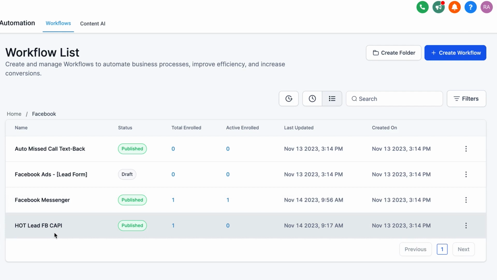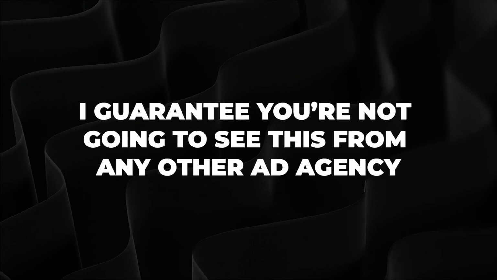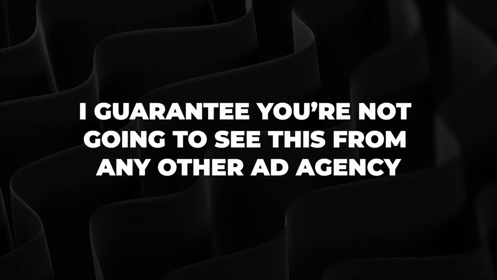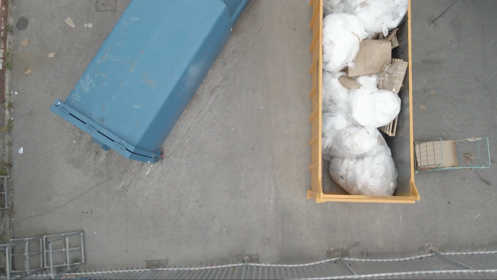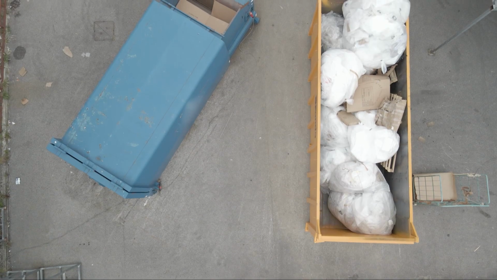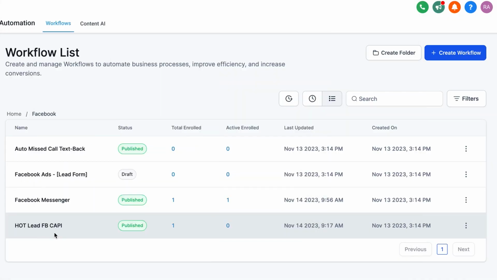Essentially, what we're doing here, and I guarantee you're not going to see this from any other ad agency, or at least very, very few, is we've integrated our backend CRM with Facebook's API. So when a lead comes through our system, and remember, they raise their hand, they pre-qualified themselves, they're a hot lead who's interested in junk removal and your service, then we tag that lead as a high quality lead and send it back through